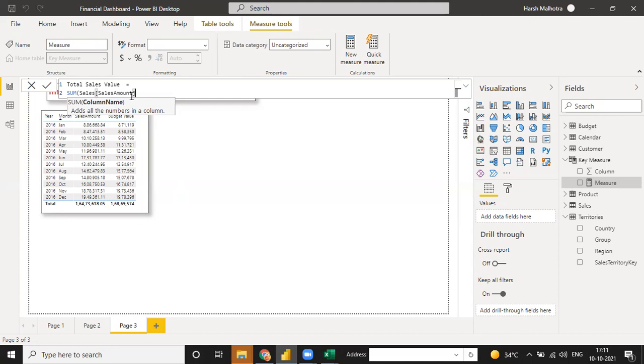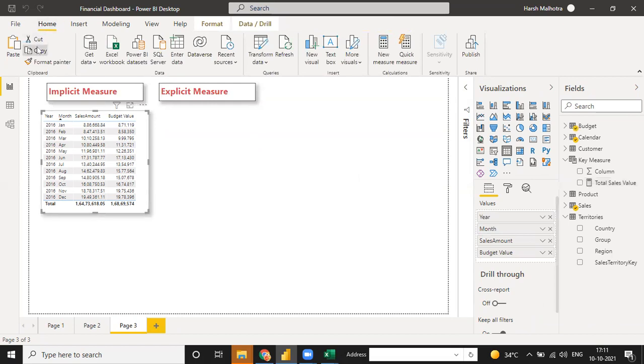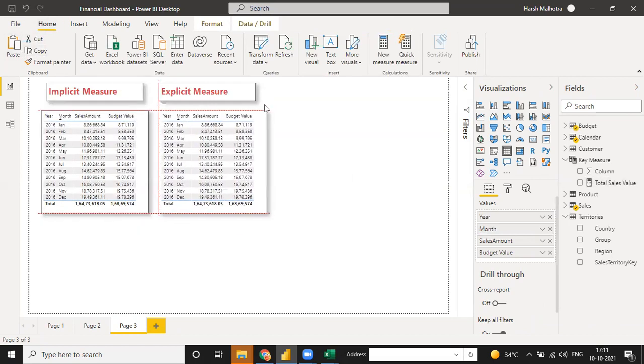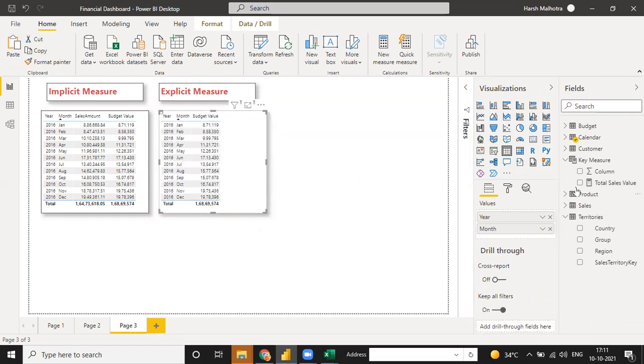In Excel, the same way, when I click on just enter, I copy this same table, copy and just paste. And instead of sales amount, instead of budget amount, I use sales value.